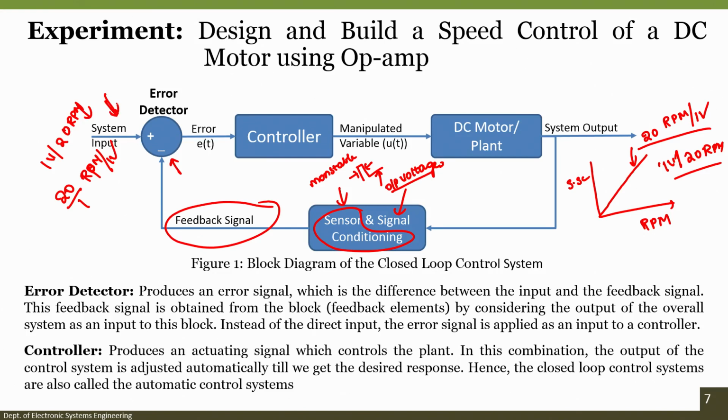Now our problem is solved, all the block systems are done. We have looked into the error detector, and we have also looked into the driver circuit for the DC motor, which makes it run even from the controller output, using an operational amplifier as well as a transistor. Then we have also seen the characteristics of our motor, and the characteristics of our DC encoder. Since the encoder provides digital pulses, we require a linearly varying output signal based upon the change in the RPM of the motor with respect to the change in the input voltage to the motor.